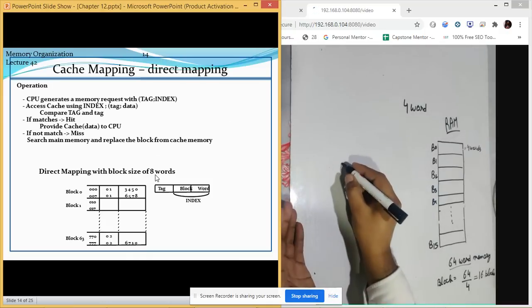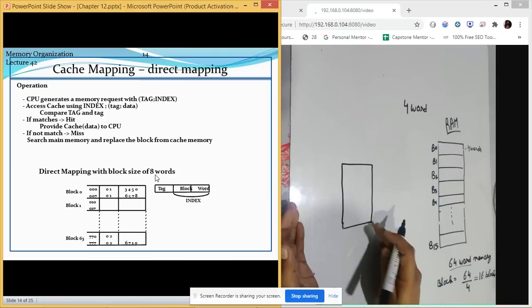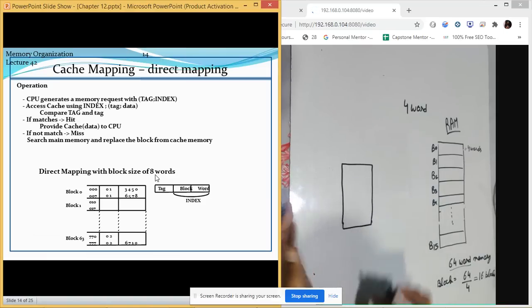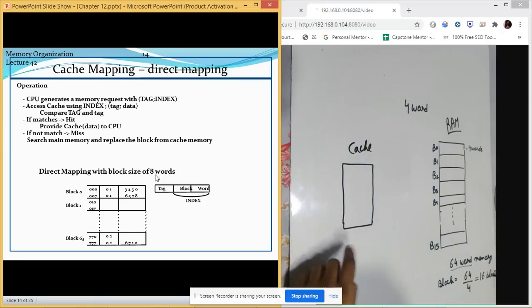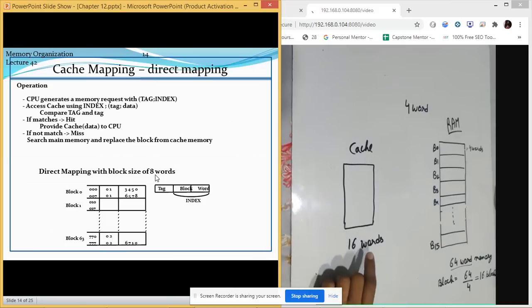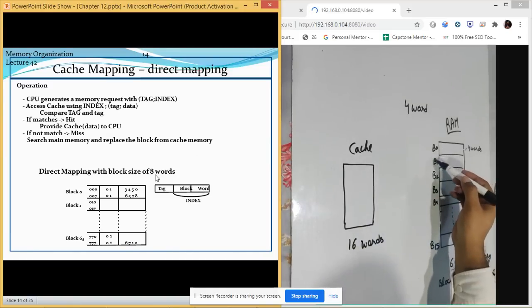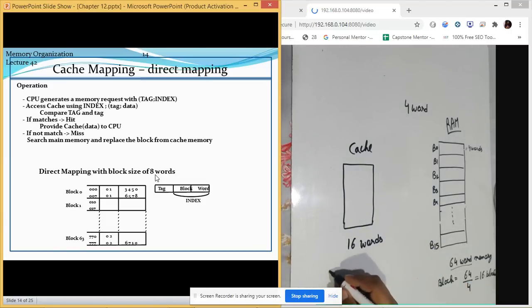So now let us take an example. This is also an assumption which we are going to make at this place. The cache memory which we are using is capable of storing 16 words. This is what we are assuming, that it can store 16 words. Okay, and how many lines do we have in this? In memory we define them as blocks. The similar concept is here, but it is now divided into lines. So how many lines are there?